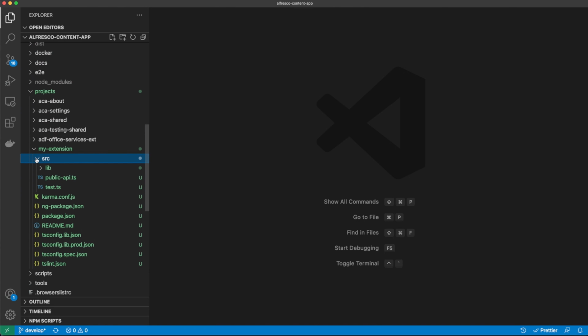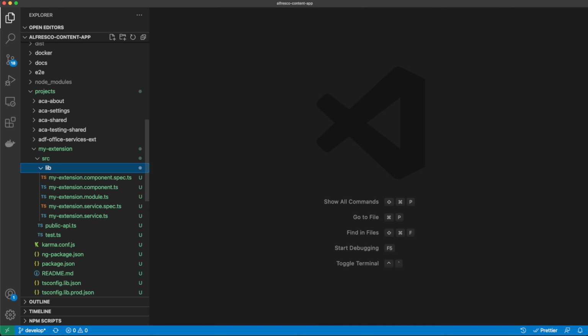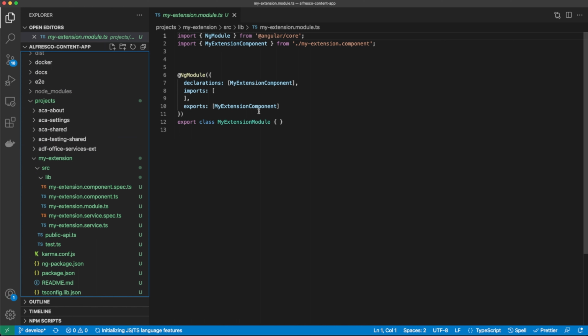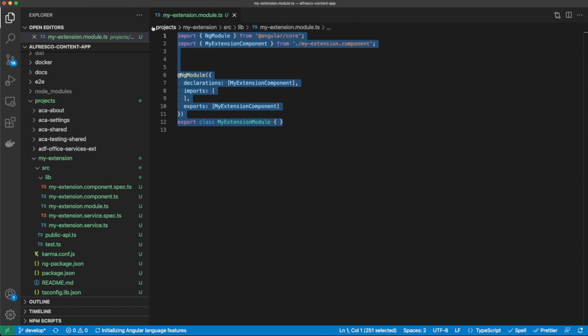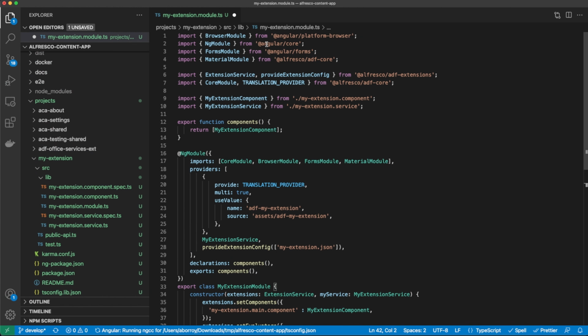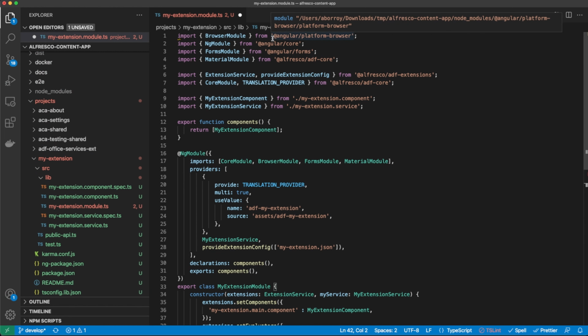module. So let's go to the module. This is like the default that was created by NG, but we are going to use a different source code just to use some of the features of the framework. So let me copy that. So you can see like we are including some Angular modules, but also the Alfresco specific stuff with the material module, the extension module, that is the one we are